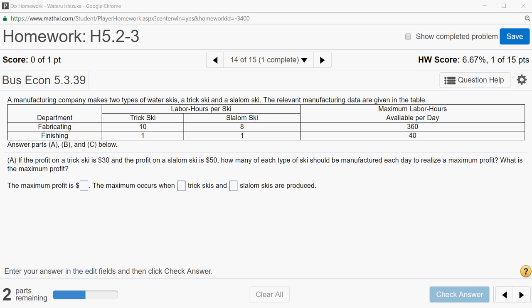Alright, let's look at homework 5.2, 5.3, problem number 14. Again, this is the water ski problem. Part A says that the profit on a trick ski is $30 and the profit on a slalom ski is $50. So we can come up with the